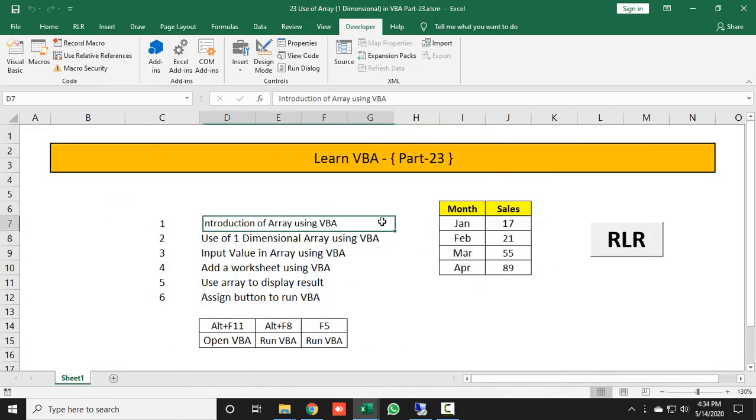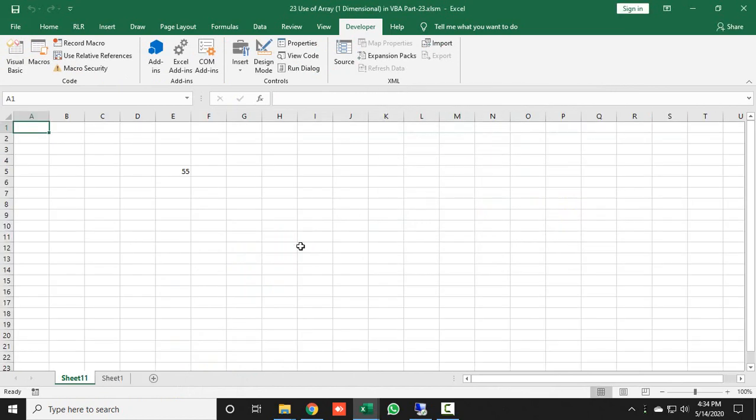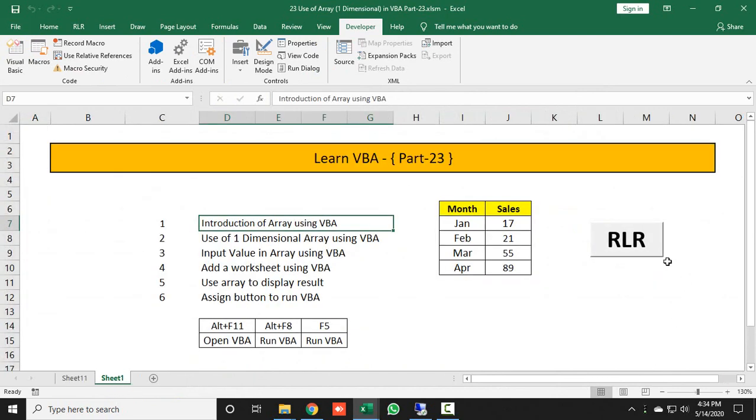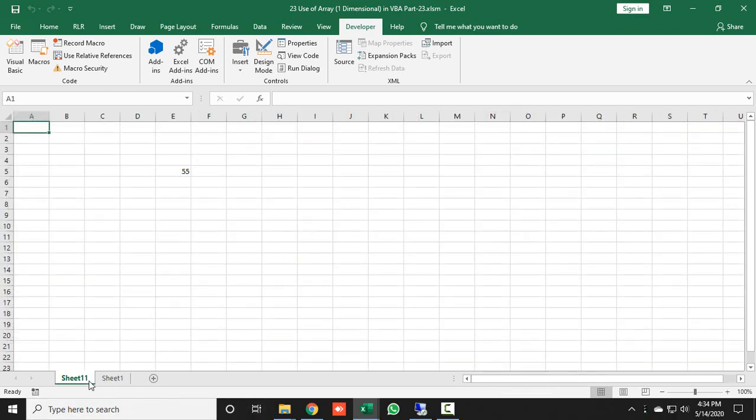For this I will go to the developer tab, click on macros, and this time the subname is use array, and just run it. Here you can see the new sheet is already added. Let's select this entire data. The data sum total is 93, but here it is showing only 55.